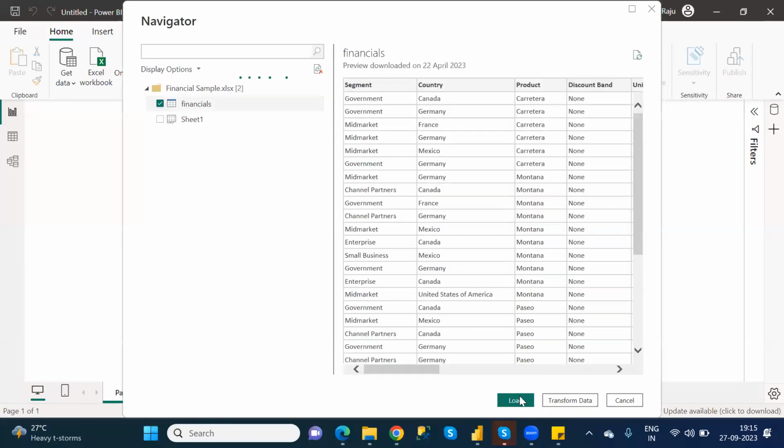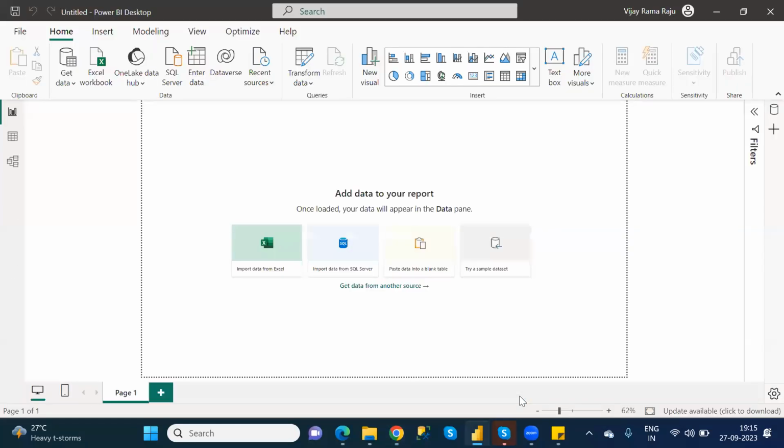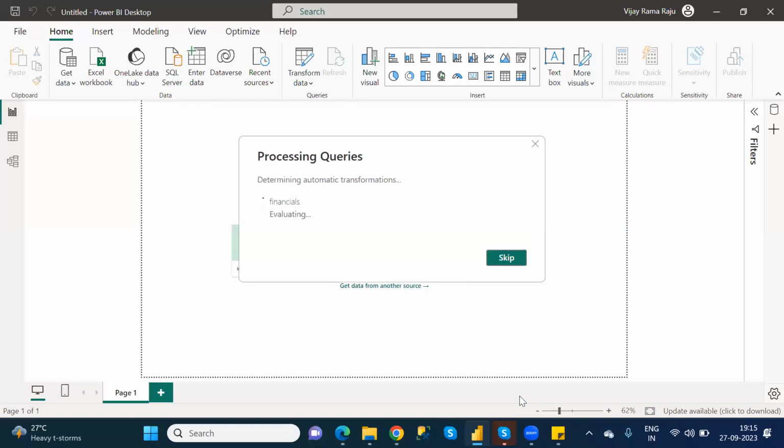I load this particular data. Once the data is loaded, see what will happen.